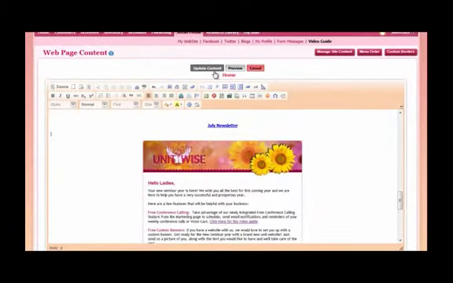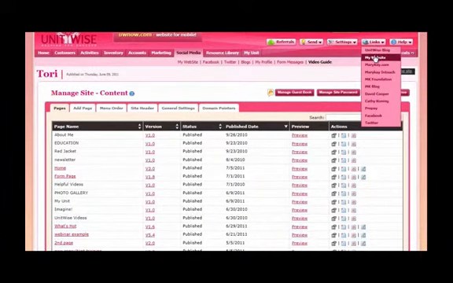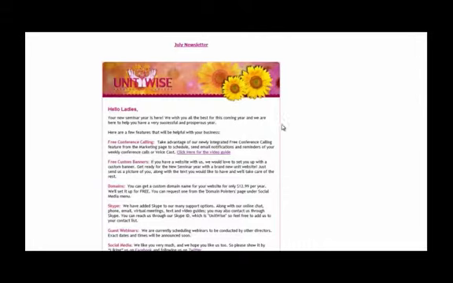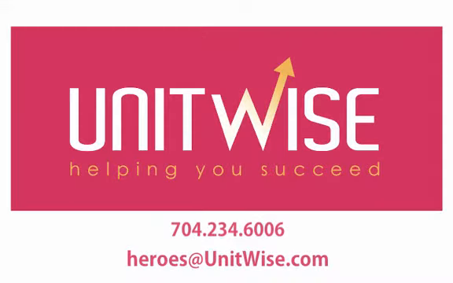You can click Update Content to save your work, and to view it on your live site, you can click on Links, and then go to My Website in the drop-down menu. As you can see on here, the image file was embedded directly onto the page, and the PDF was linked to this text that says July Newsletter. Now if you click on July Newsletter, then the PDF of the document will open up on your computer. You can follow the same process to add this to an email.